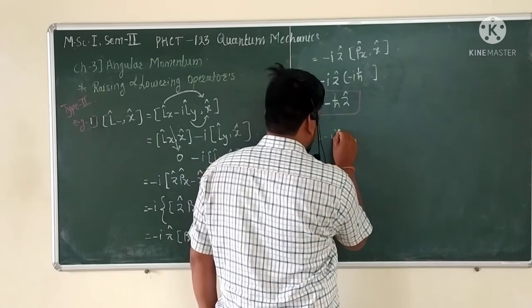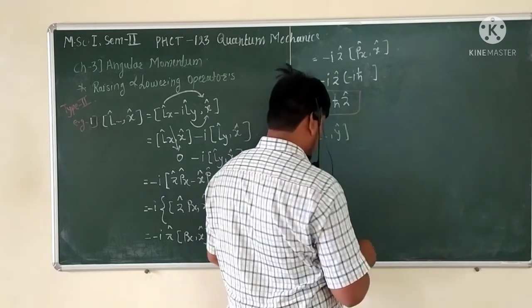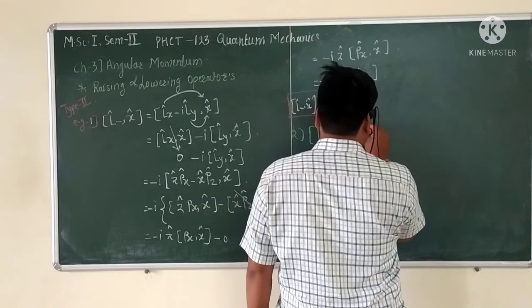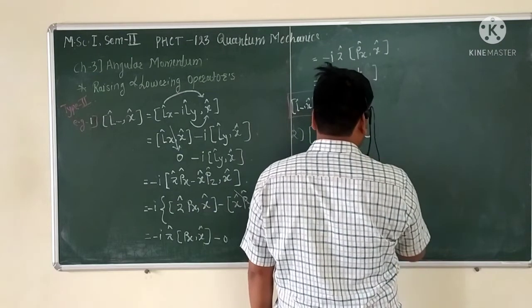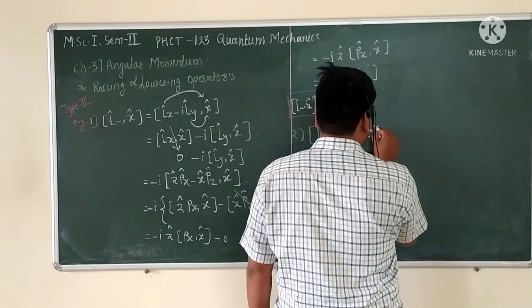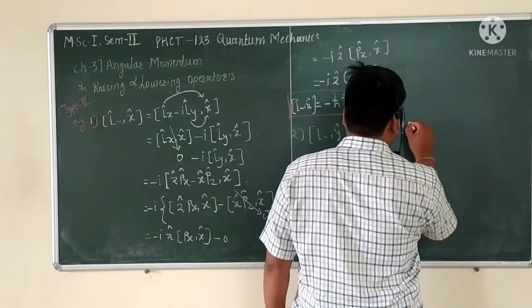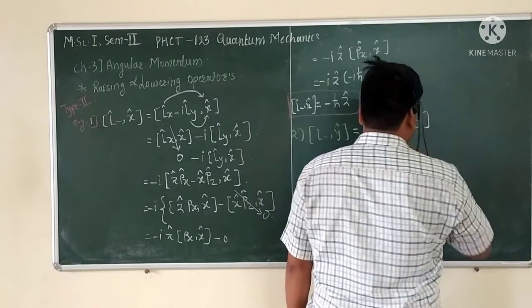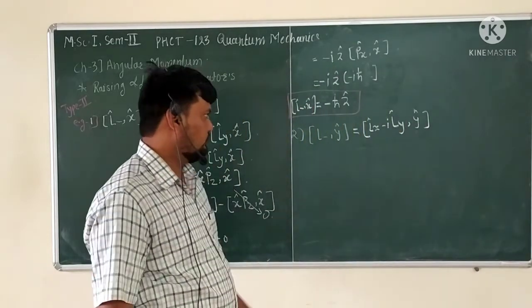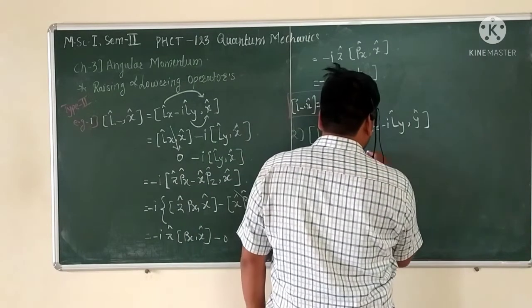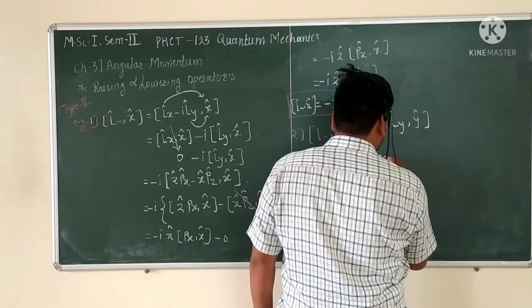L minus comma y cap. Okay, and if we want to solve this, so that L minus cap is nothing but the Lx cap minus i Ly cap, comma y cap. Okay, and if you solve this commutator bracket, so that is given here, so that is the Lx comma y cap,